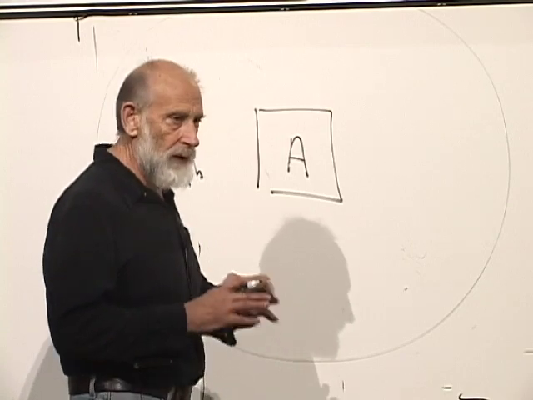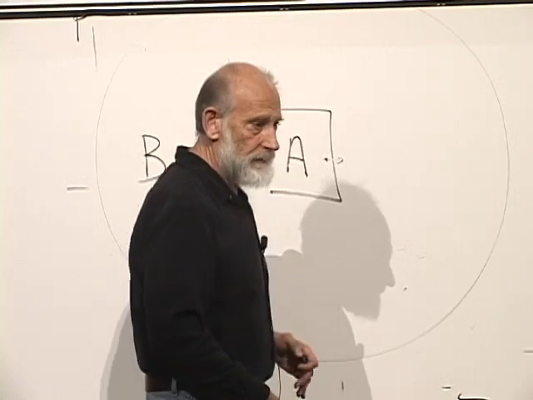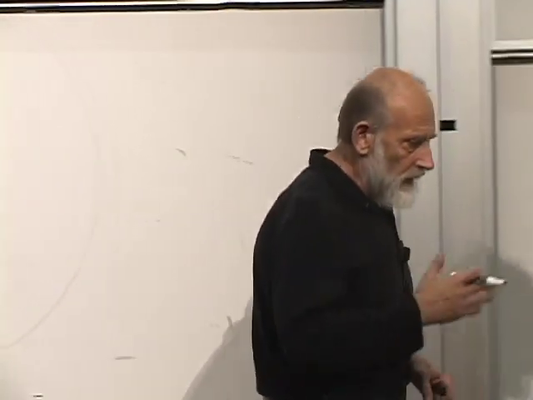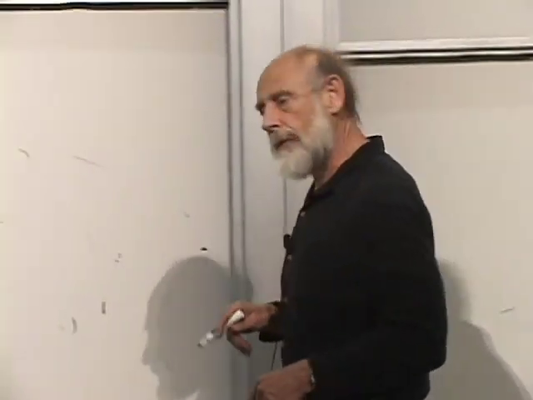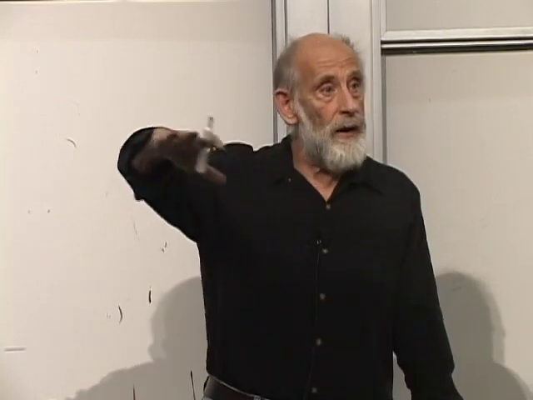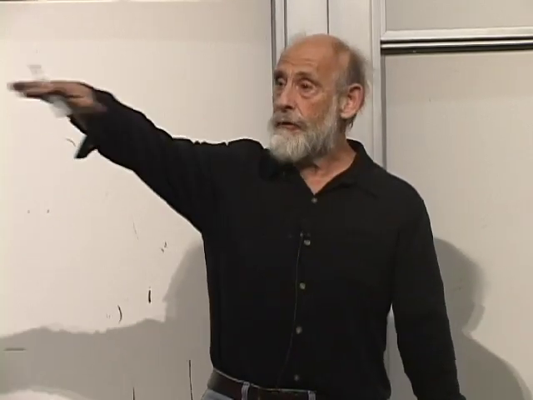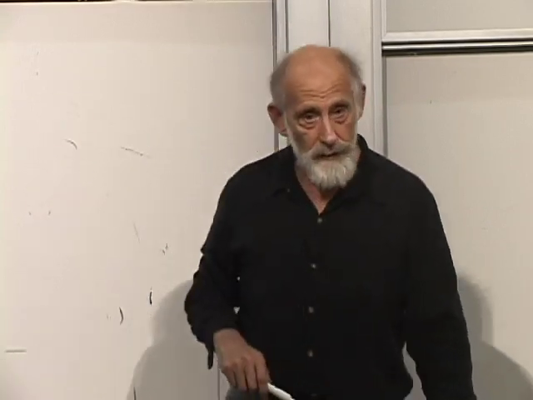But the interactions, whatever they are, allow energies to be transferred back and forth from B to A, from A to B. The whole system has a definite energy. So the whole system has a definite value of energy in this case. That whole system will move around in its phase space on a surface of constant energy, but it'll hop around from point to point to point to point.